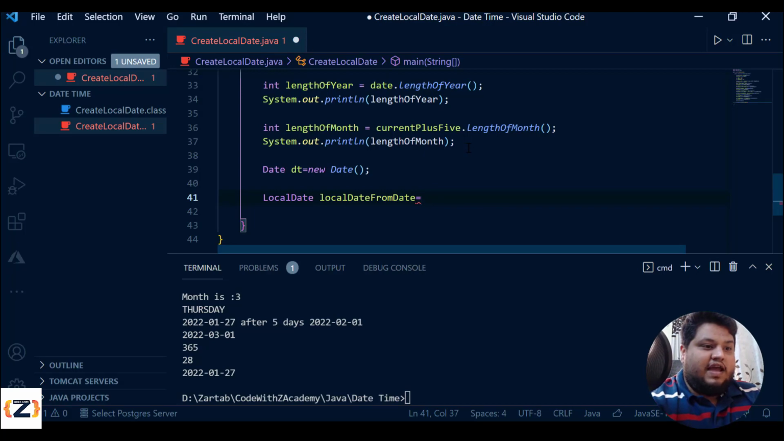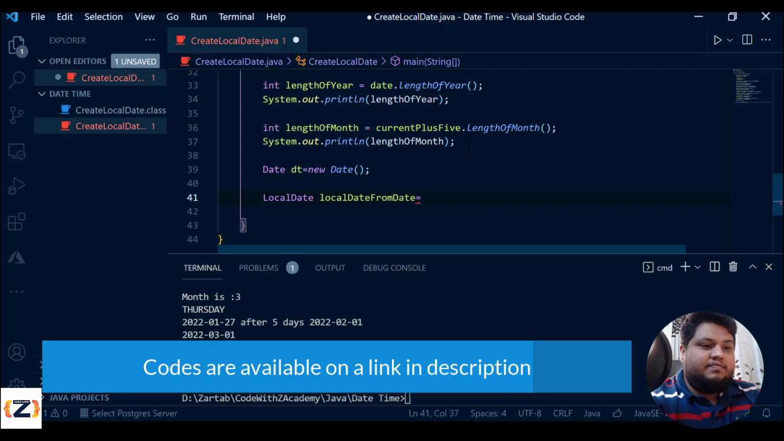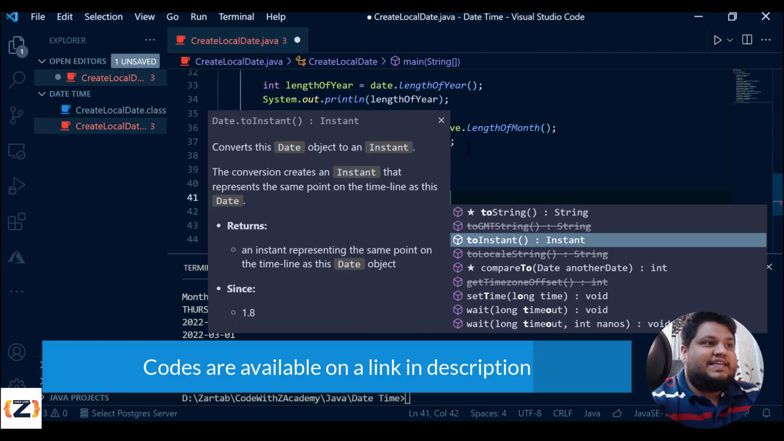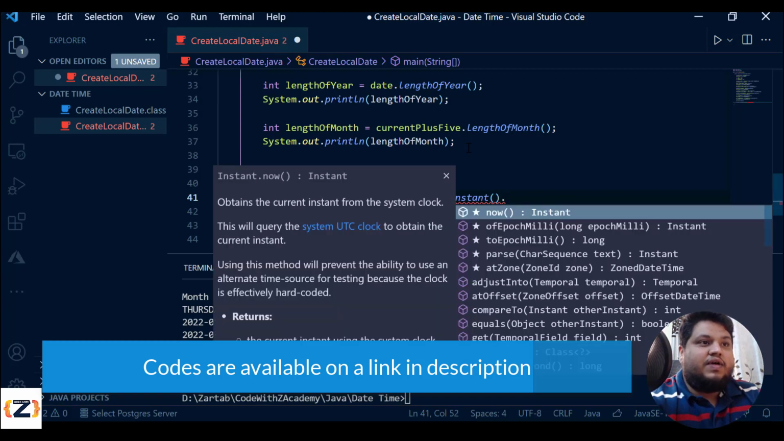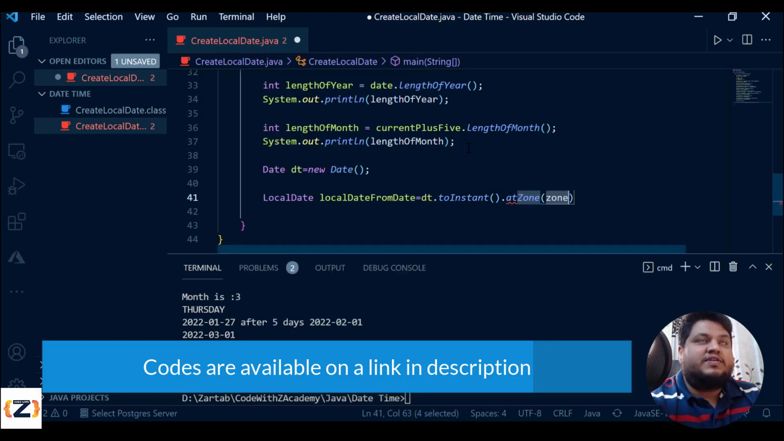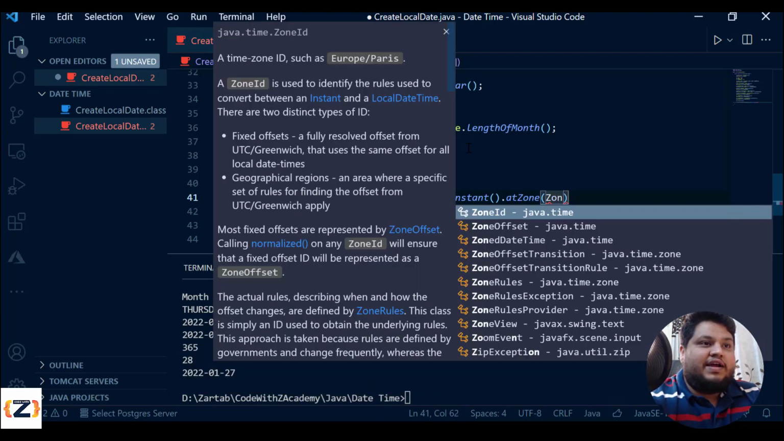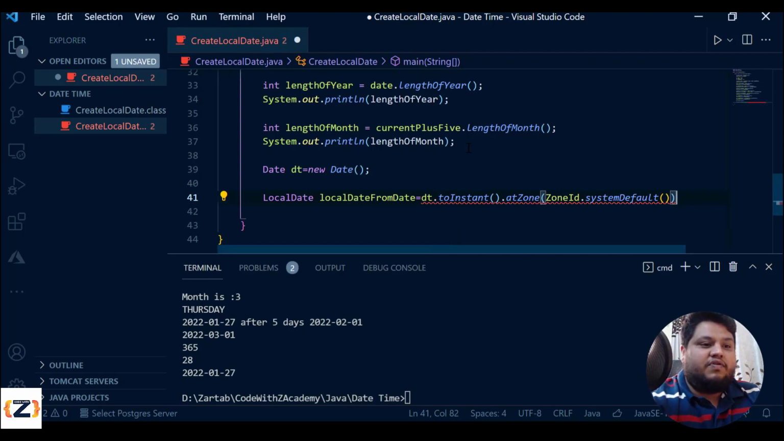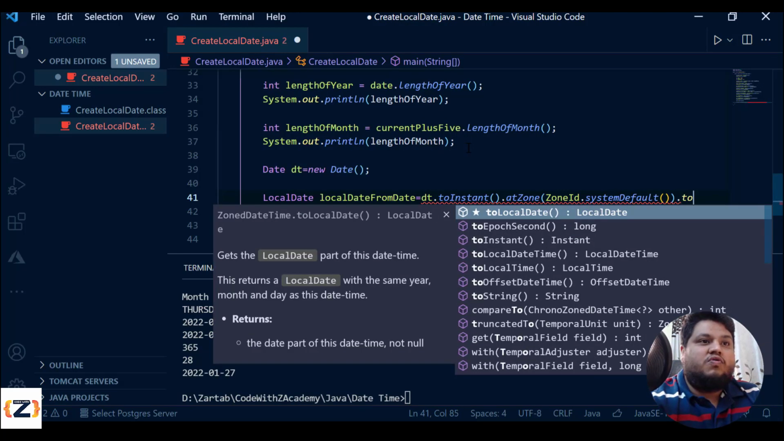So here I will have this dt, which has a method called toInstant. Now this instant is basically the instance in time, which is a java.time package thing that requires a zone. Zone is basically what time zone you are in, so I'll have to provide that: ZoneId.systemDefault. So it is going to pick up the current system default,